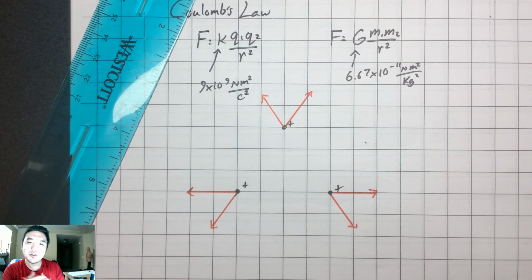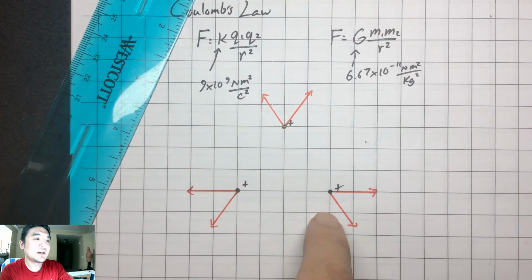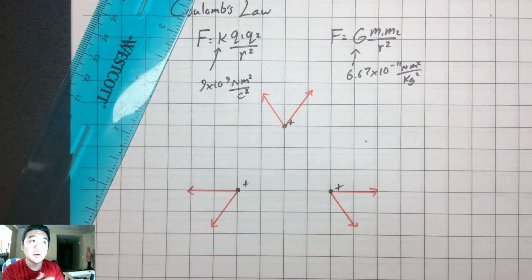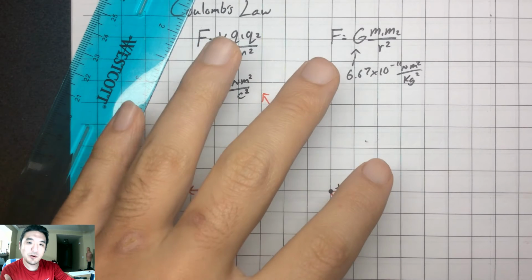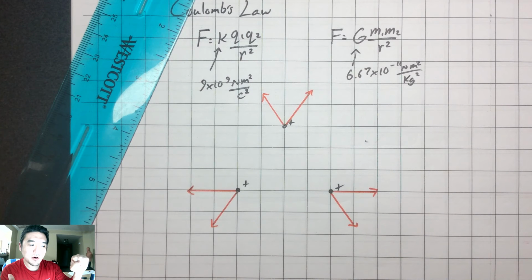So you'd have to do a little bit of trigonometry, a little bit of vector algebra, to figure out what the sum of all forces are on each of these different charges. Now, symmetry is going to be a great thing for this class. If you have a symmetrical problem, something with a 45-degree angle, we can use that to our advantage. 30-degree angles are great, and so forth. But for right now, I'm going to skip over the math, and we're going to go on and talk about